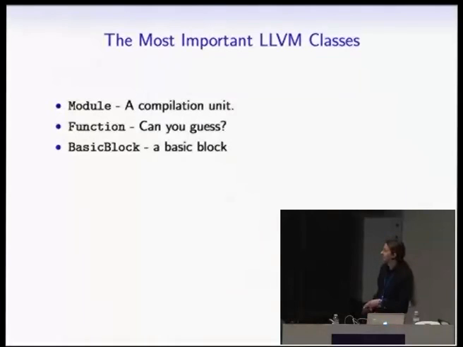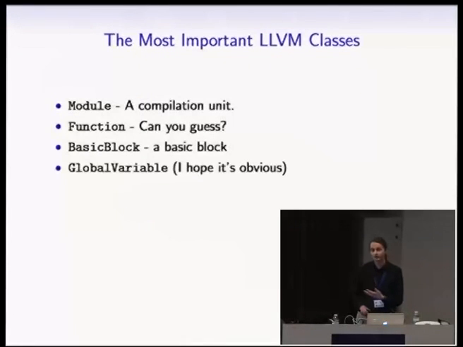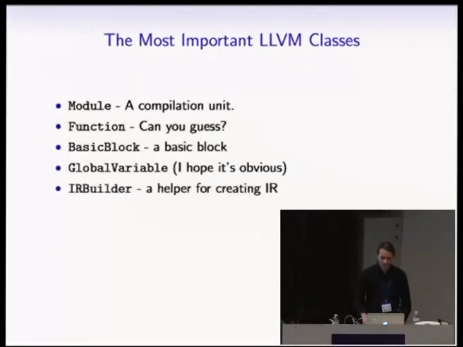These are the LLVM classes. An LLVM module is a module, a function is, well, you get the idea. Global variables are a class that represents, well, obviously, I guess. The most useful class for people writing front ends is this IRBuilder class, which is just a helper class which will generate LLVM instructions for you with just a single function call for each one.